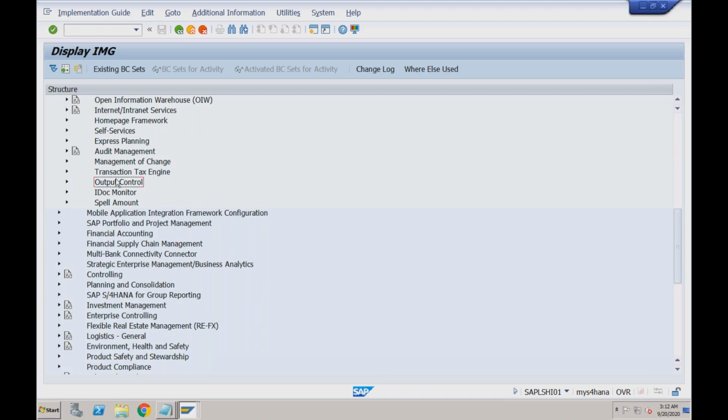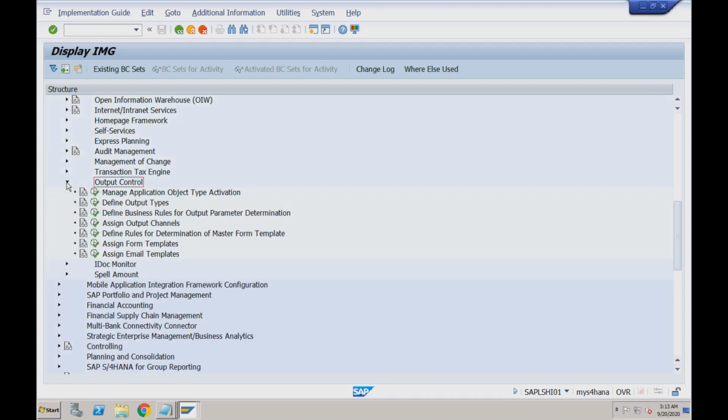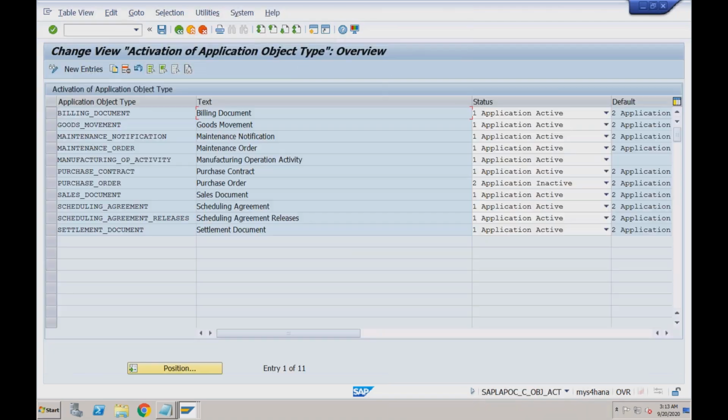You'll be able to see output control. Okay, in cross application components, you'll be able to see output control. Within output control, you would be able to see manage application object type activation. This is a place where you can tell the system, for different document types,